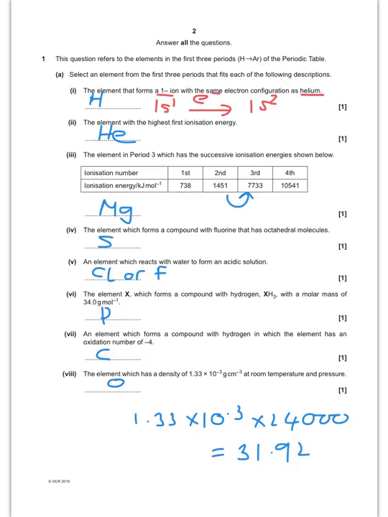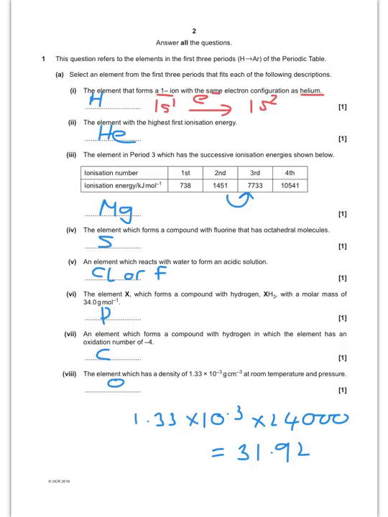The element with the highest first ionization energy: obviously the noble gases have the highest first ionization energy as you go across the periodic table, but they get lower as you go down the group, so therefore the highest one must be helium. The element in period 3, so period 3 goes from sodium to argon, which has those successive ionization